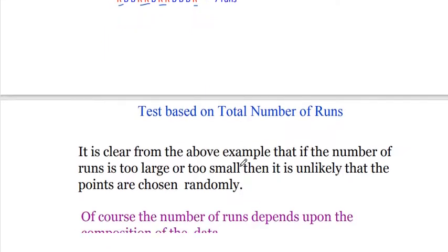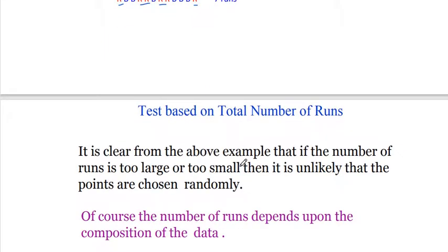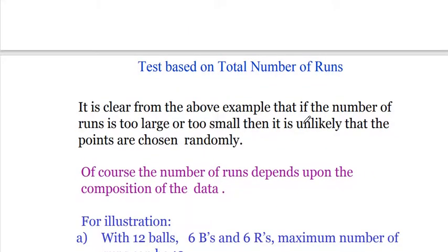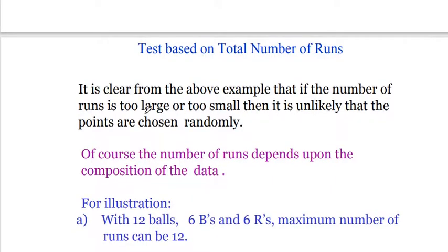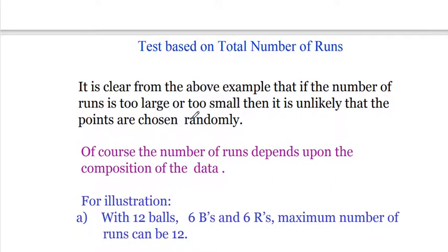It is just based on the total number of runs. Now we can see some tests are available for non-parametric. It is clear from the above example that if the number of runs is too large or too small, then it is unlikely that